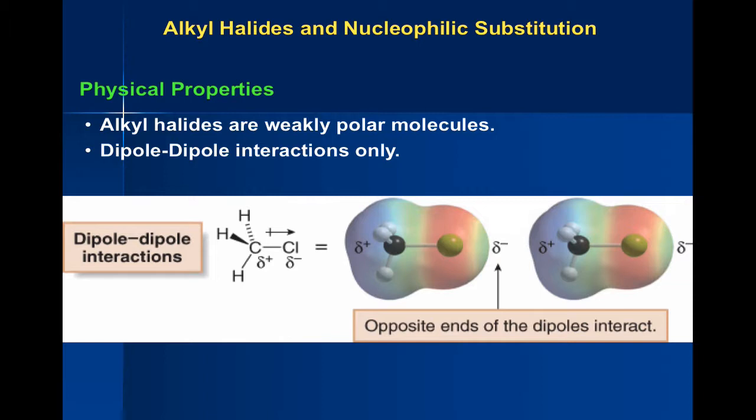Let's talk about some of the physical properties of alkyl halides. It turns out that alkyl halides have a dipole moment, carbon being less electronegative than the halogens, right? Fluorine's very electronegative. Chlorine's pretty electronegative. Bromine's fairly electronegative. So we're going to have a dipole in these molecules where the carbon is going to take